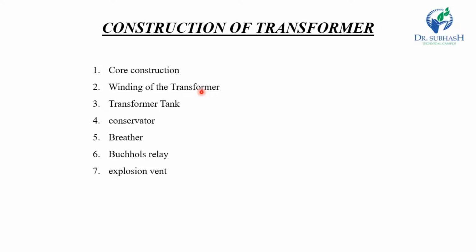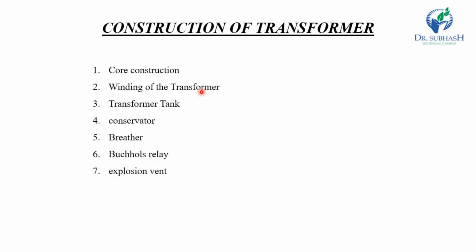In a core type transformer, in simple core type construction, rectangular frame laminations are formed to build the core of the transformer, and laminations are cut in the form of L strips in order to avoid high reluctance at the joint where laminations are butted against each other, and alternate layers are placed differently to eliminate continuous joints. Now the shell type transformer: the individual laminations are cut in the form of long strips of E and I shape.